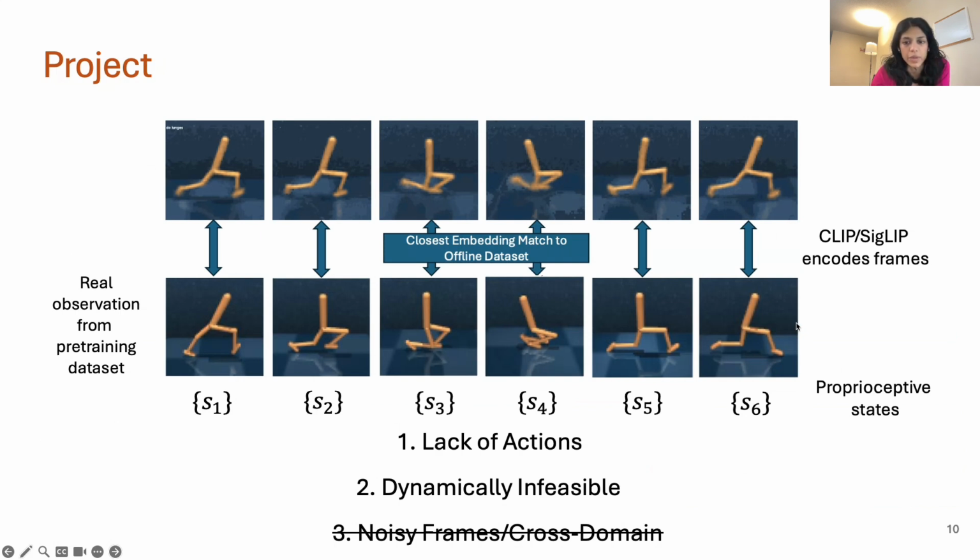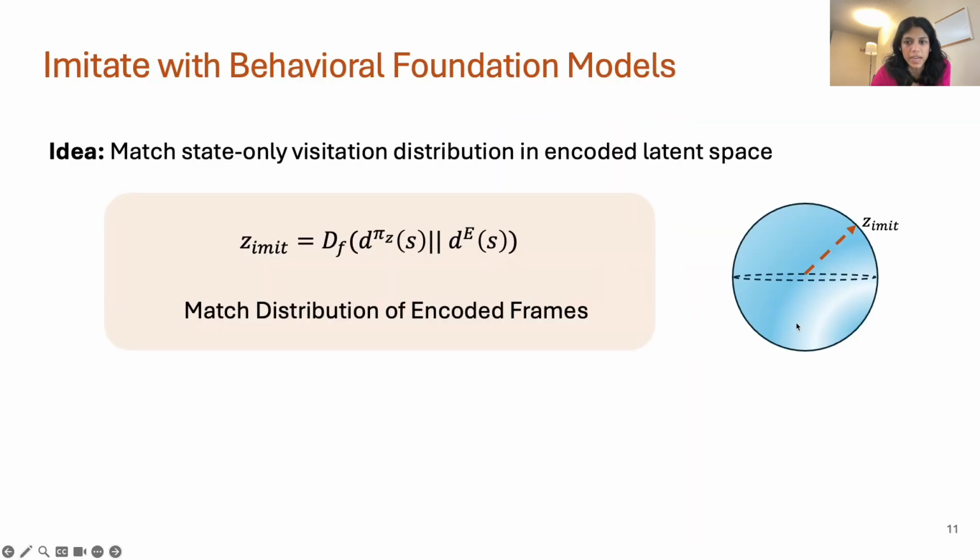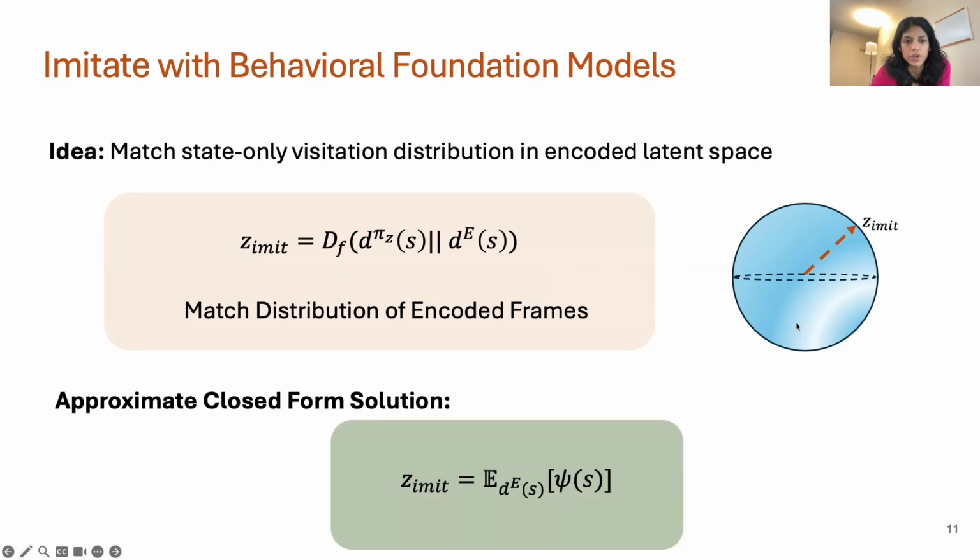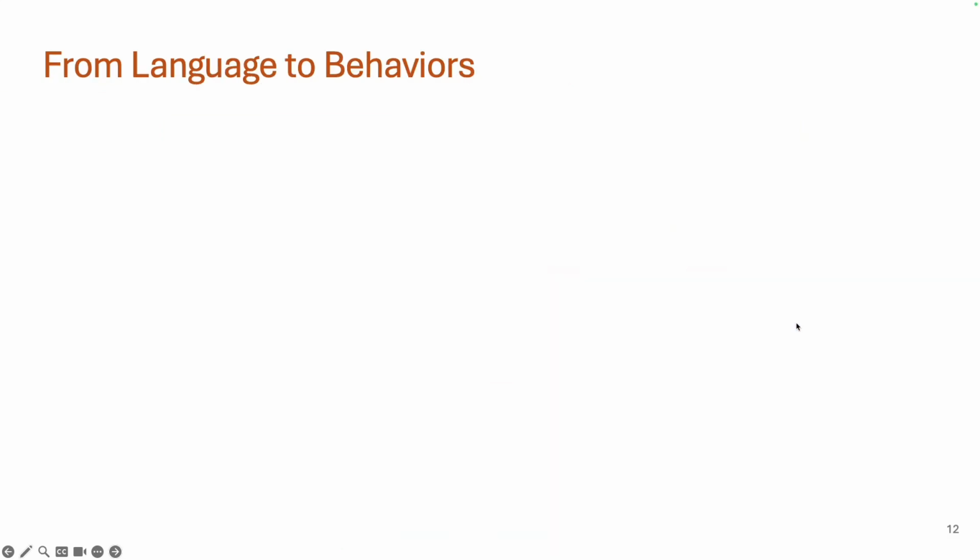By finding the nearest observations, we obtain the corresponding proprioceptive states. Now, we have the behavior we want to mimic, but it is still dynamically inconsistent and lacks actions. We propose state-only visitation distribution matching as a solution to those issues. We intend to find a policy in the skill space of the agent that matches the distribution of states in our projected imagination. We show that there is an approximate closed form solution to this imitation problem simply by averaging the features of expert states. Thus, the process of finding the zero-shot policy does not require any further learning.